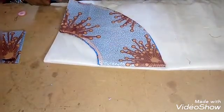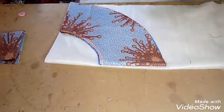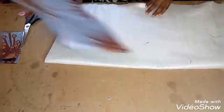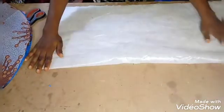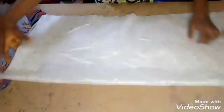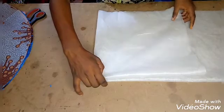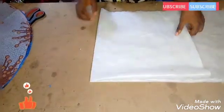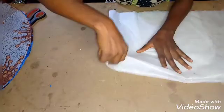So after cutting it off, I will open up my paper stay, then I will refold again. Same thing, same way, the way I cut my flared. So I'm going to refold it, fold it again, then I will cut it out. The same thing with my fabric. You can either add interfacing to both your Ankara fabric and